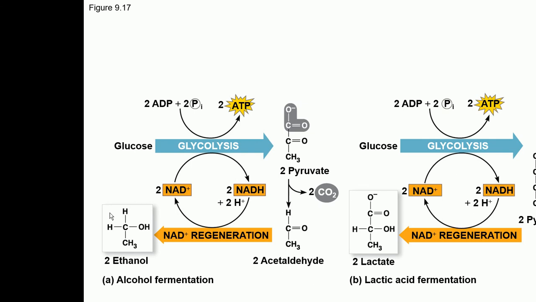So let's see what is happening here. Glucose getting converted into pyruvate is glycolysis, and in glycolysis 2 molecules of ATP are produced, and also 2 molecules of NAD plus, which is the electron carrier, get reduced to NADH. Now it's very important for these electron carriers, once they get reduced, to get oxidized, because